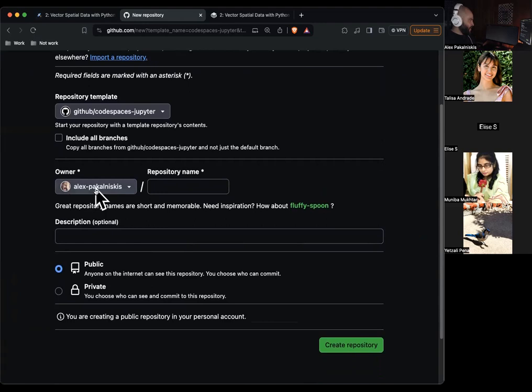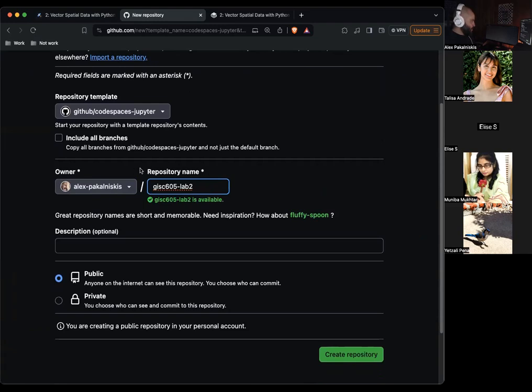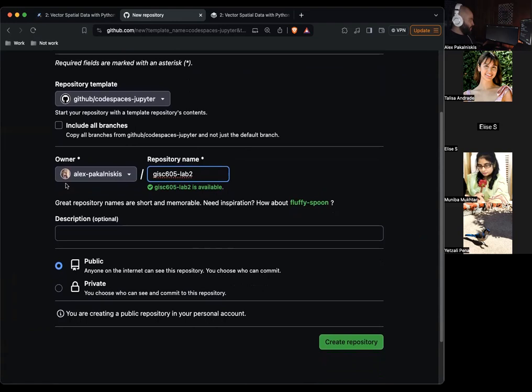We're going to put it in my account. For you, it'll be a different username because you're not me. And then we're going to call it GISC 605-lab2. And then make sure that you select public, and then we'll create the repository.